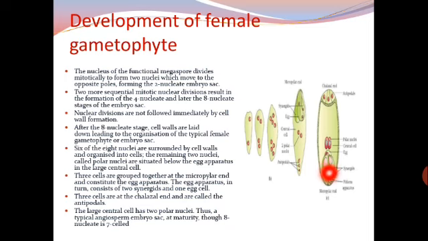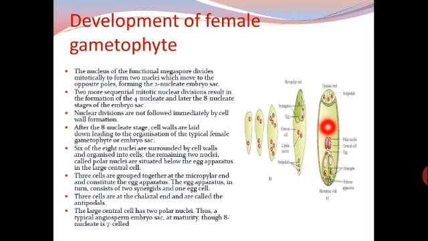So these are the 2 synergids being shown and this is 1 egg cell. These are forming the egg apparatus and 3 are forming the antipodals. Now the remaining 2 come to the center and they are called the polar nuclei, which are situated in the central large cell here. So this is the organized embryo sac.